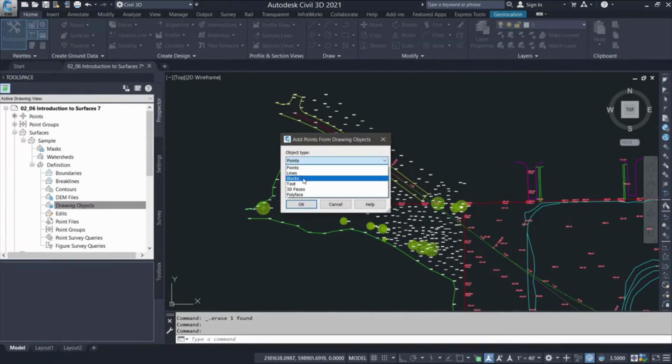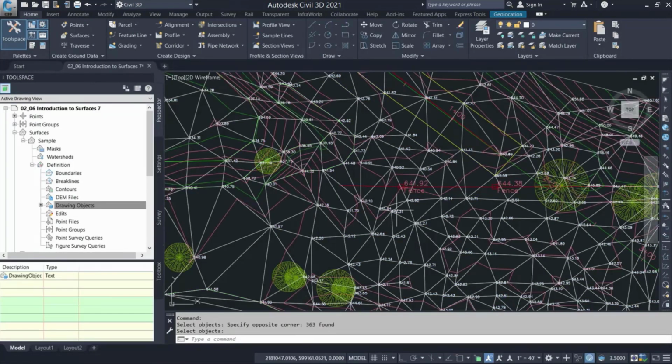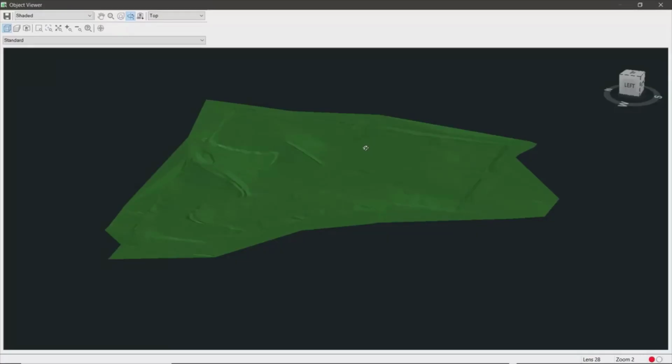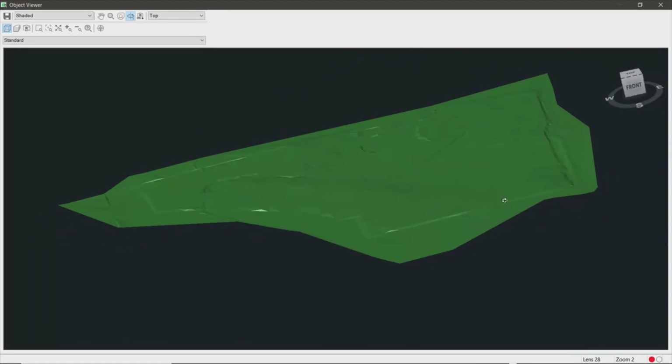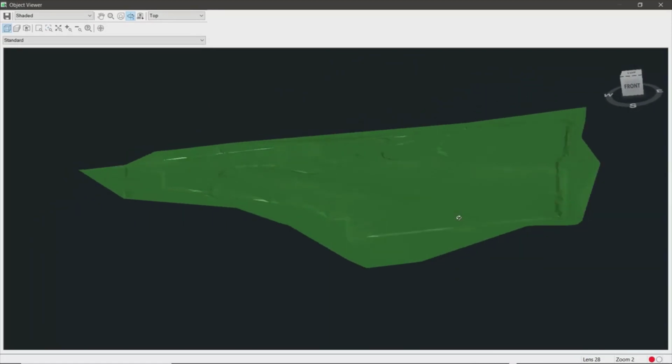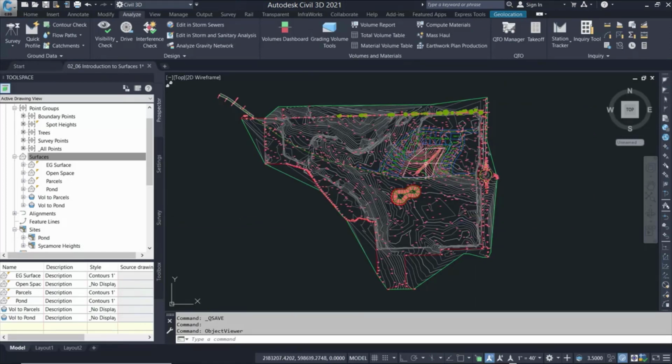Surfaces are used in Civil 3D to create a 3D representation of the ground. They are made up of triangles or grids, which are formed by joining up 3D points or adding 3D lines such as polylines or feature lines. A typical project will require a model of existing conditions. We generally create an existing ground surface from topographical survey information, so we have a model in 3D we can